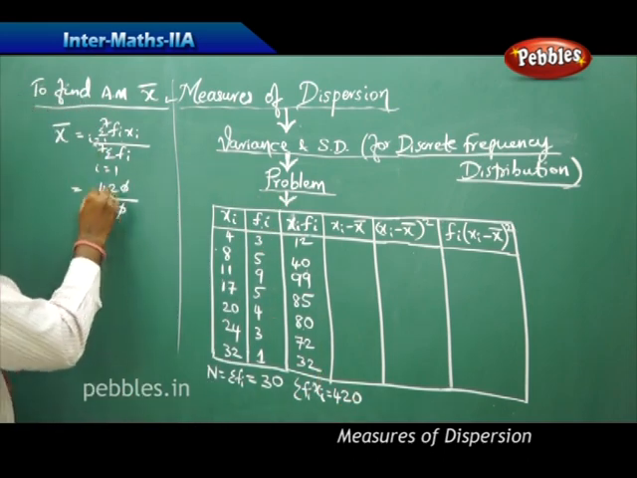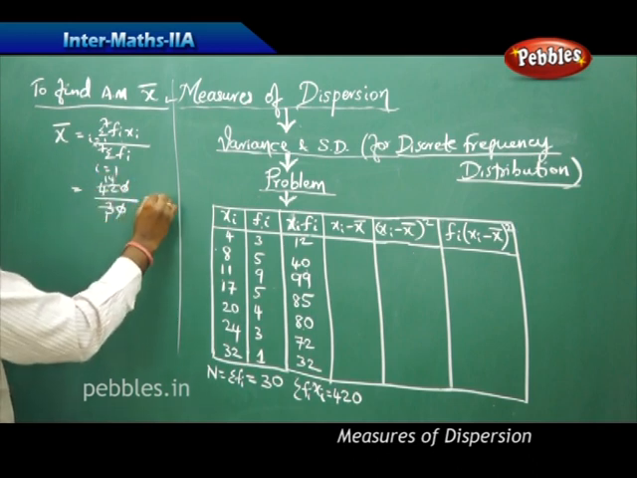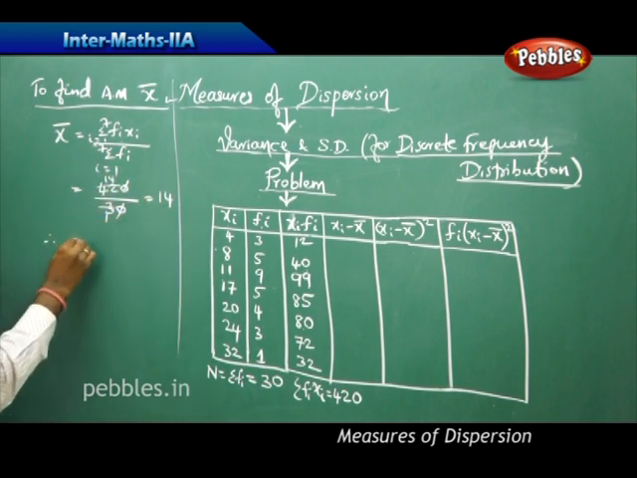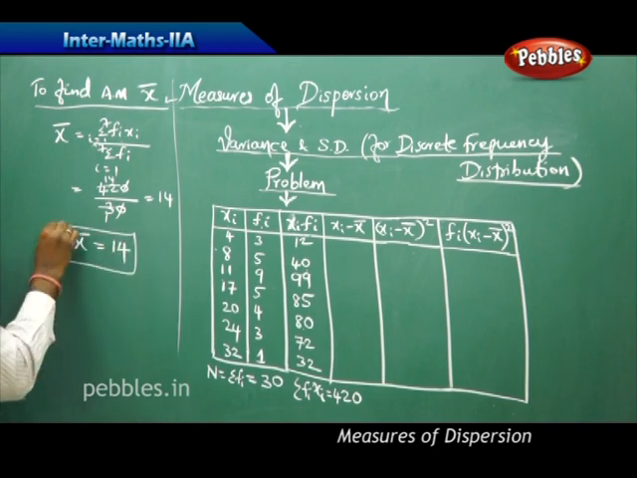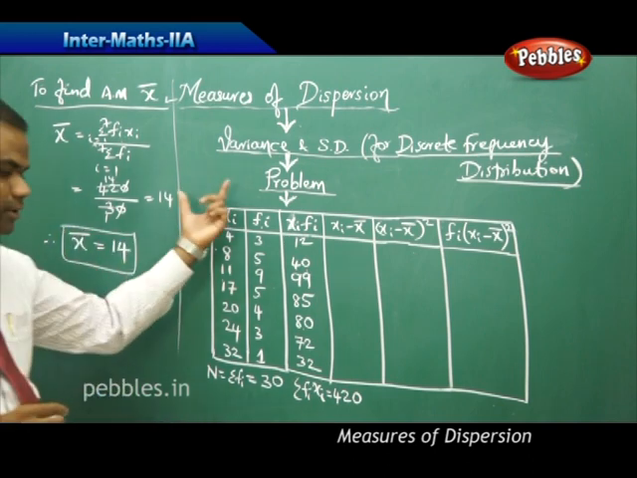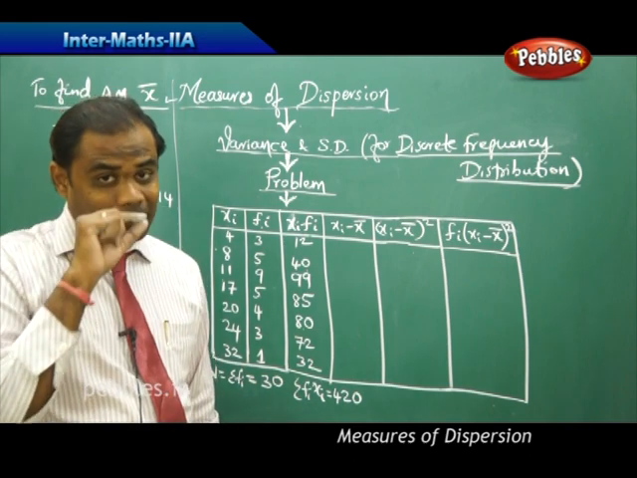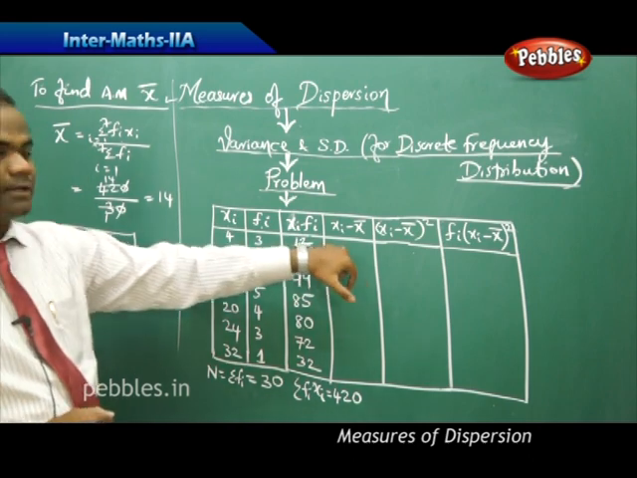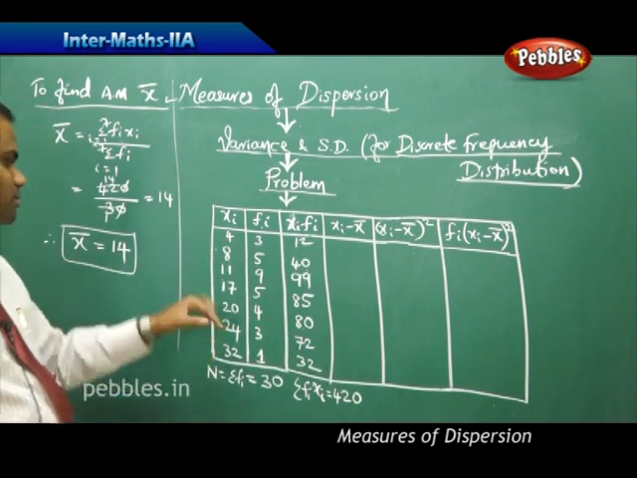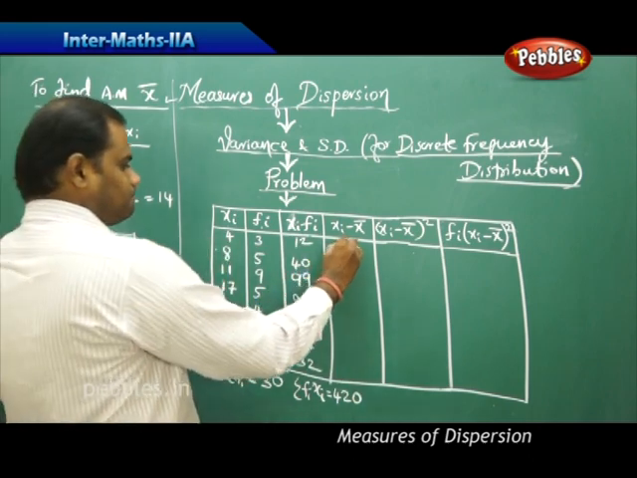This on cancelling gives 3 1s, 3 4s, that is 14. Therefore, x bar is 14. That is the arithmetic mean of all the given scores, and the frequency is 14. So using this 14, I will try to find the deviations for each of the scores, where 4 minus 14